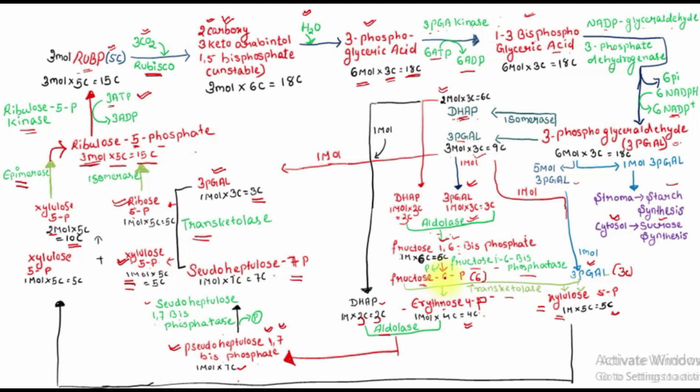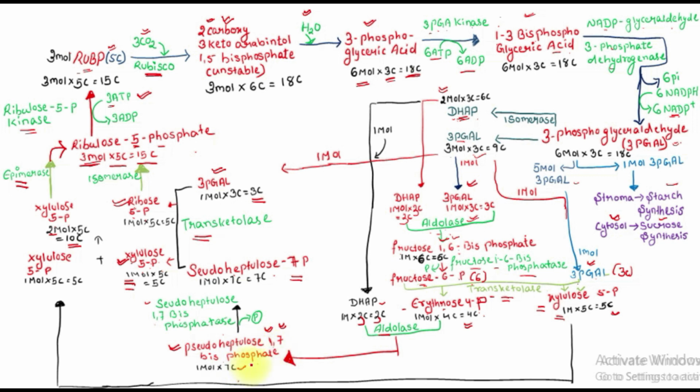Next what happens? There is another PGAL. This next 1 mole of 3-PGAL will combine with fructose 6-phosphate, and it will be converted into erythrose 4-phosphate and xylulose 5-phosphate in presence of the enzyme transketolase. Now this erythrose 4-phosphate, which is a 4 carbon containing compound, will combine with DHAP. Here we were having next 1 molecule of DHAP. It will combine with the erythrose 4-phosphate, and in presence of the enzyme aldolase, it will be converted into